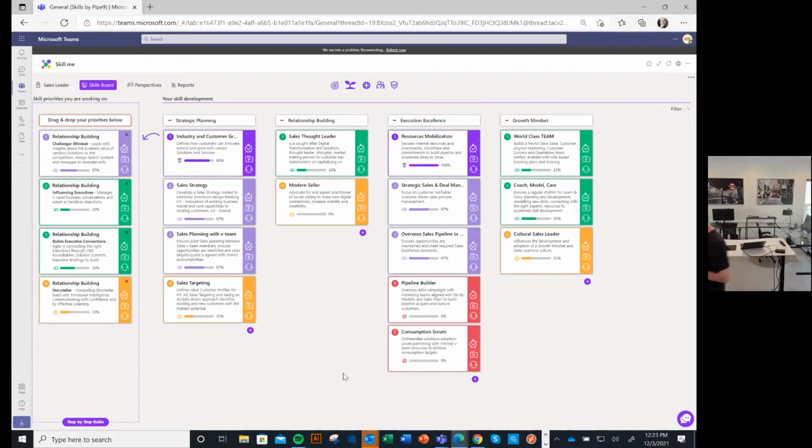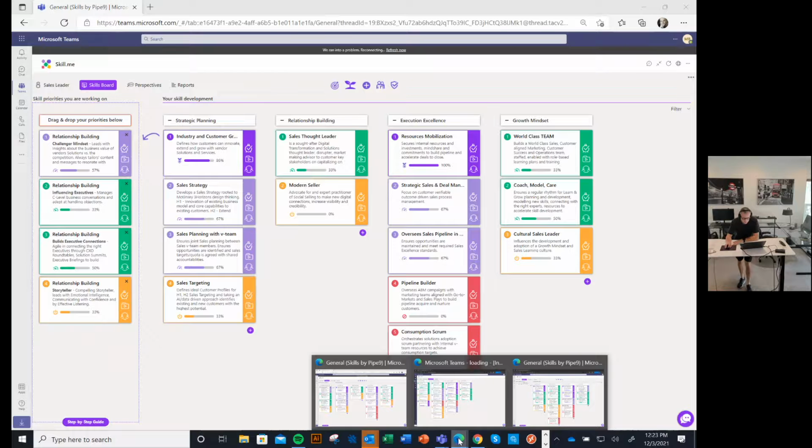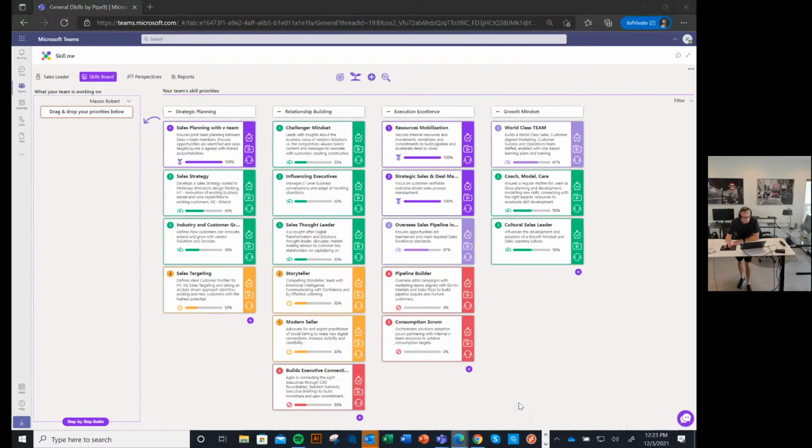Now, at the very same time that we're doing this as team members, as employees, I'm just going to switch gears here for a second, because I'm going to go into the manager view. You might say to yourself, well, hang on, Alan, this just looks exactly the same as the view you were just seeing, and it is very, very similar, but this is the manager's view